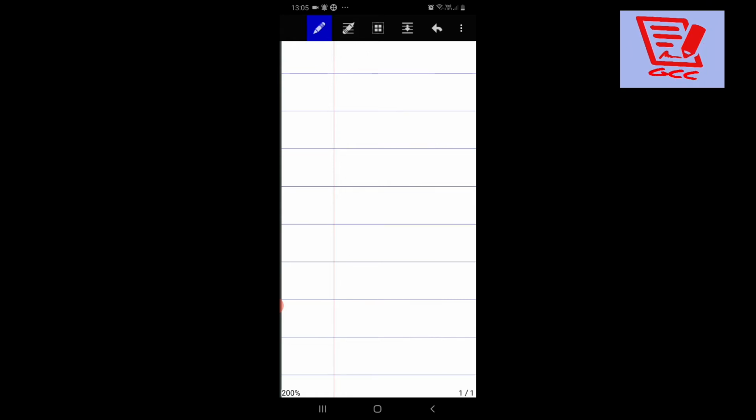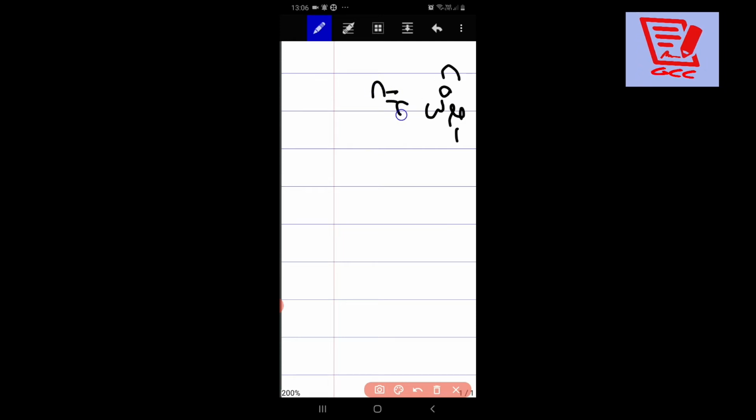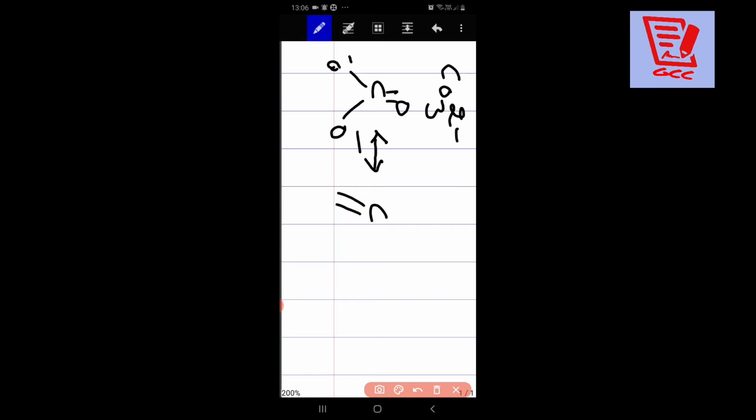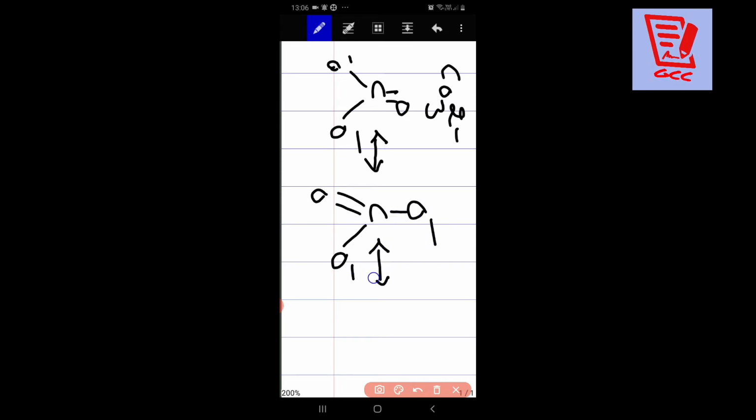See, I'm writing one more molecule there, that is CO3 2 negative. Students, you know its Lewis structure very well. So how can we make its Lewis structure? You see, all of you, C double bond O, then here it is negative, and here it is negative. Fine. And see, all of you, after that, see it very carefully. The double bond can come this side, here is a negative, and here can be a negative. Then after that we can make one more structure.